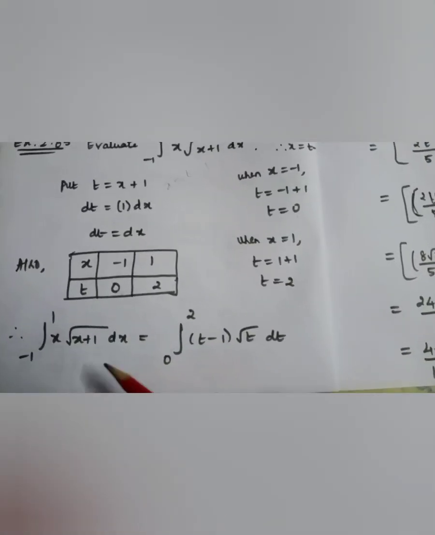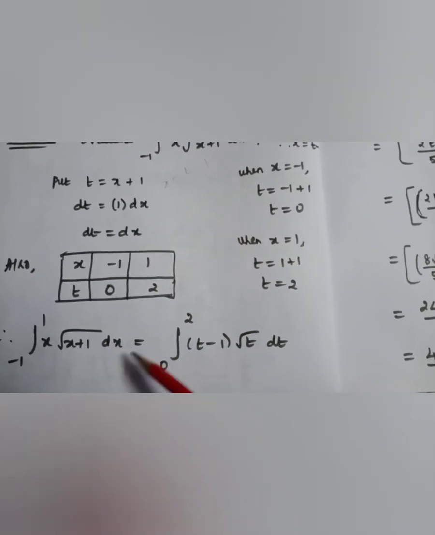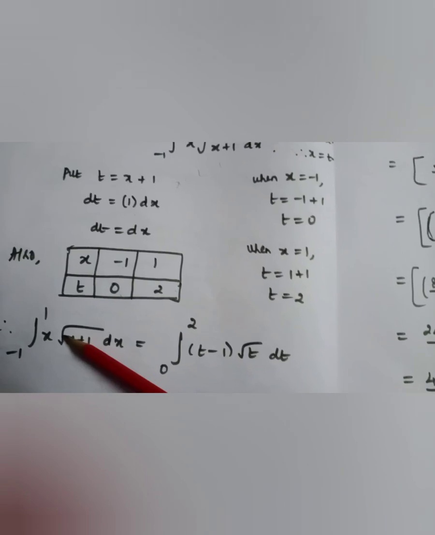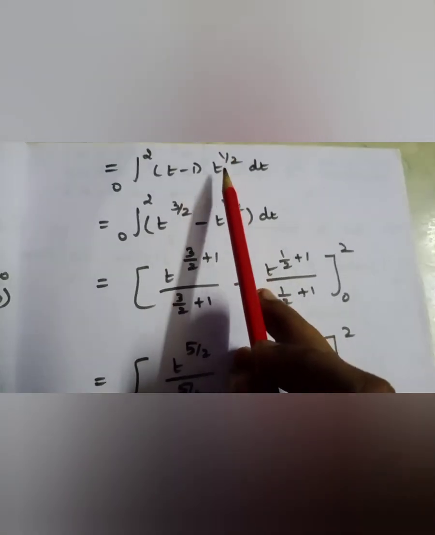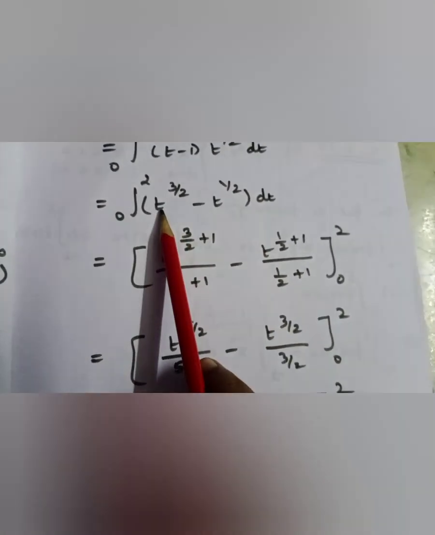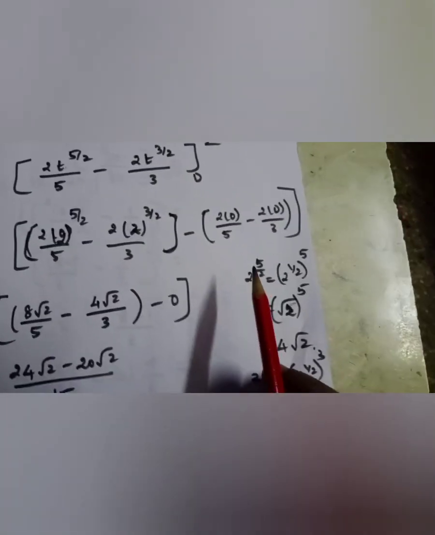Now substitute in the given expression, integral minus 1 to 1 of x into root of x plus 1 dx is equal to integral 0 to 2. Because my x limits minus 1 to 1 have been changed to 0 to 2. Now x takes the value t minus 1, so t minus 1 into root t dt. Now root t, shall I write it as t power 1 by 2 and then multiply? No. If you multiply inside, it is t power 3 by 2 minus t power 1 by 2. And what is the x power n formula? x power n plus 1 by n plus 1. So t power 3 by 2 plus 1 by 3 by 2 plus 1. At the last I will apply the upper limit as 2 and the lower limit as 0. However, this part will become 0. Now 2 power 5 by 2, you can see the conversion here.